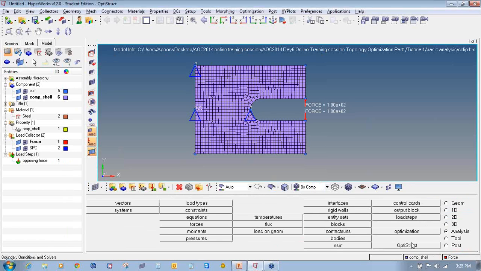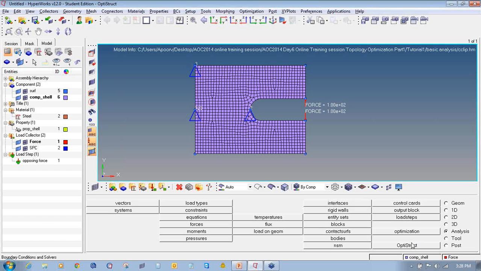Now we will see how to set up the optimization model. The finite element model consists of shell elements, element properties, material properties, and loads and boundary conditions have been defined, as you can see here. Now the topology optimization will be performed with the goal of minimizing the amount of material to be used. Typically, removing the material in an existing volume with the same loads and boundary conditions